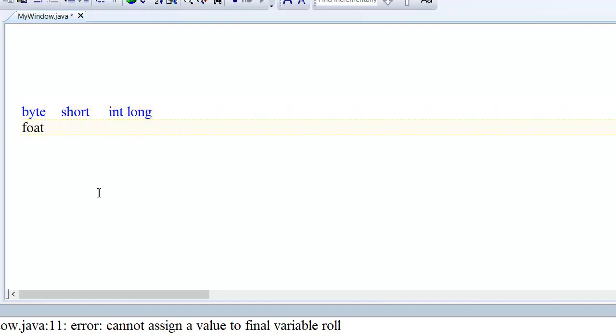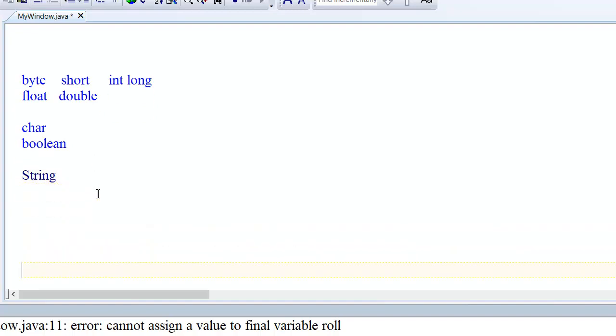And for float and for double, these are the 6 fundamental types for the integer category, 1 for character, then next for boolean. Okay, now one more predefined class, this is String, used to store string values.